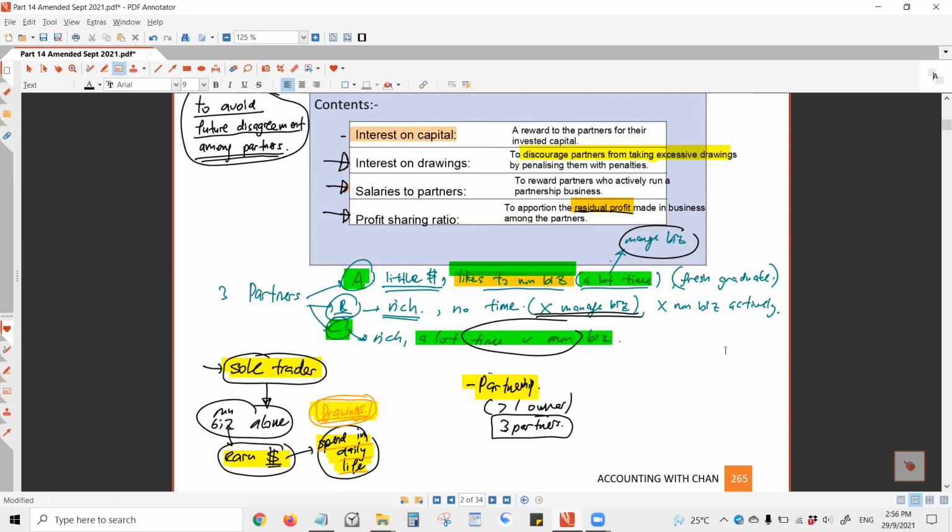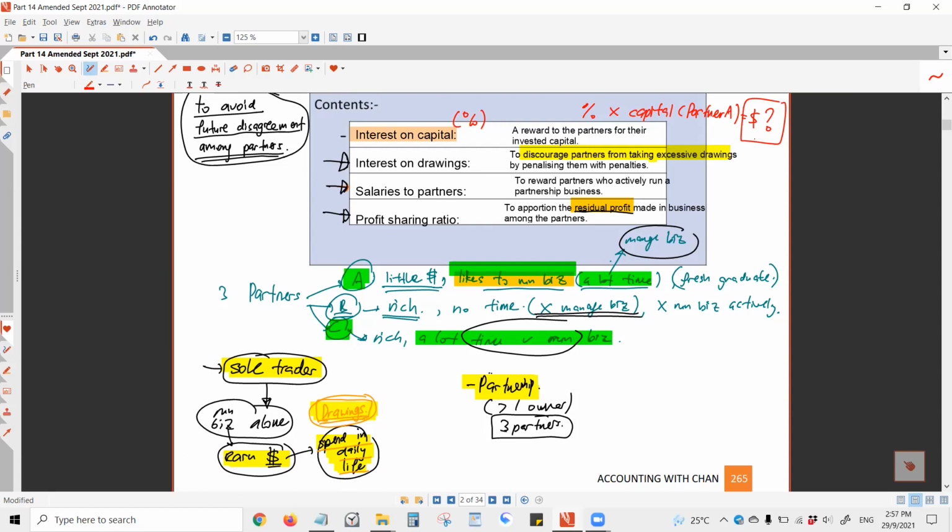You know how to calculate interest on capital? I believe you have done some questions with your school teacher before. This is in percentage. They will give you the percentage for interest on capital. Then you take the percentage given times, for example, if you are calculating interest on capital to be paid to partner A, you see how much capital partner A has put into the business, then you times the percentage. Then you will get the interest on capital. Later we will do some questions.